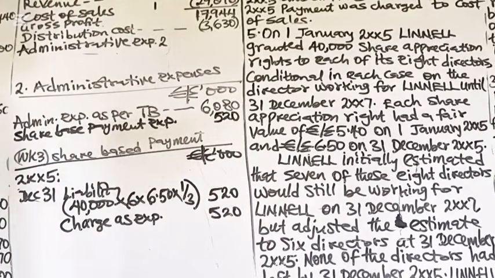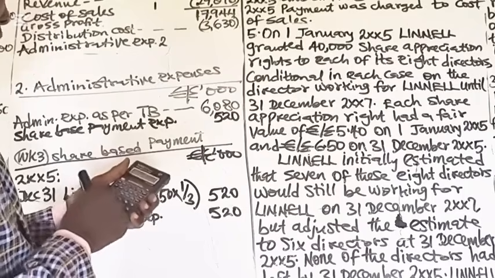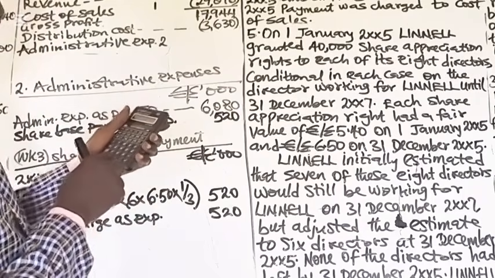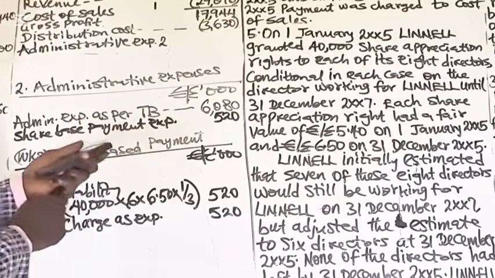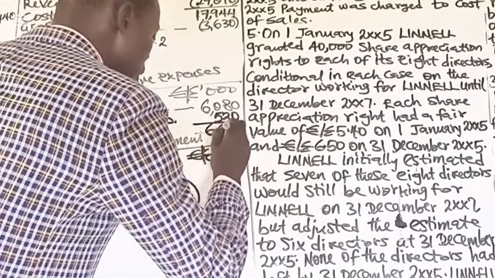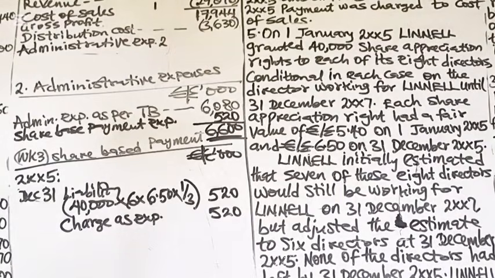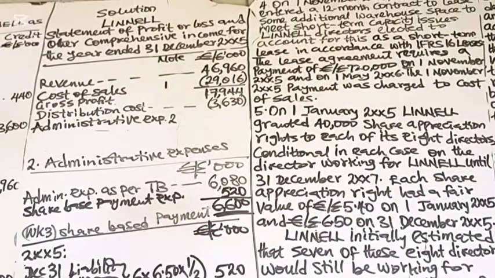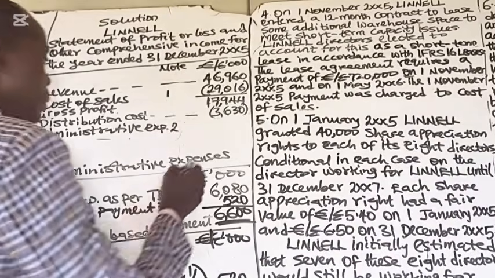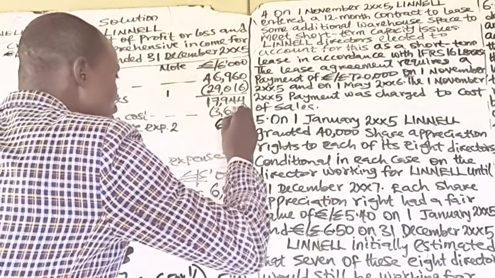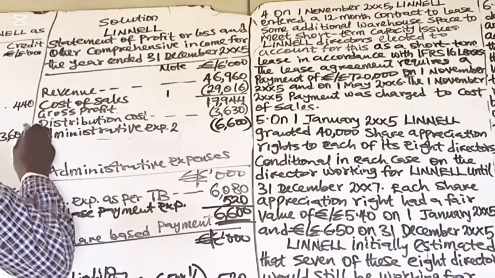Since there is no other item that requires adjustment in administrative expenses, we can sum up. So you get 6,600 as the total. This 6,600 will be recognized as administrative expenses in 20X5. So our administrative expenses amounted to 6,600. After the administrative expenses, we have other